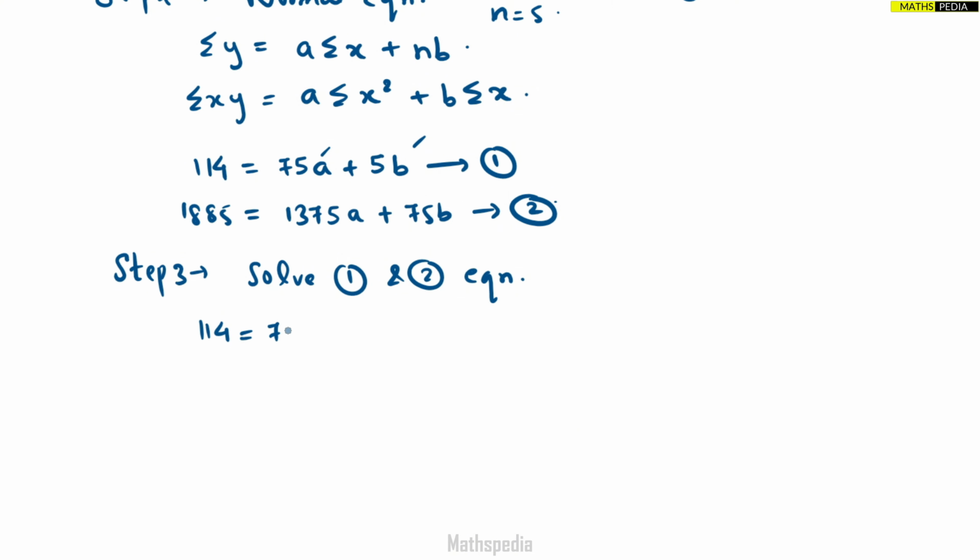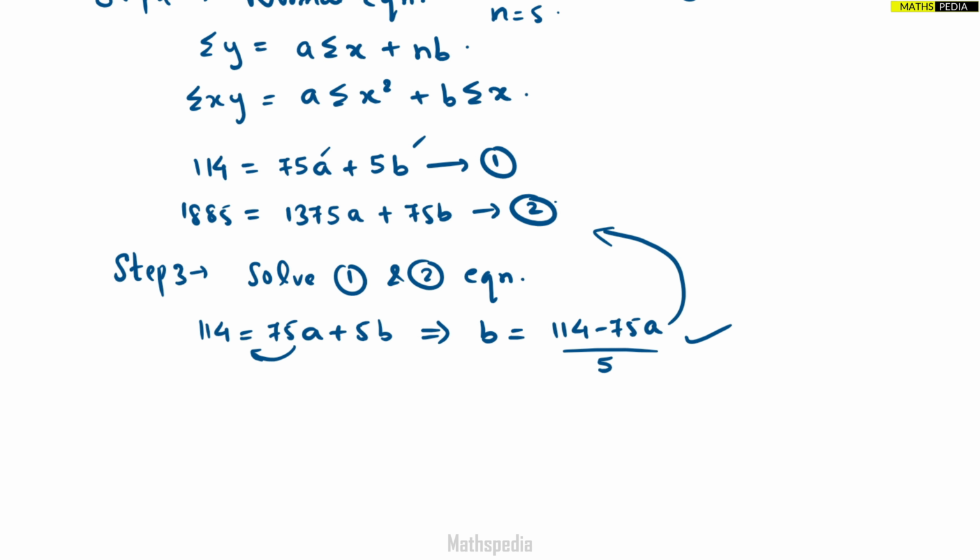114 is equal to 75a plus 5b, where I am going to keep b on one side and the rest of the terms on the other side. So b is equal to 114 minus 75a, divided by 5, since beside b is 5. Now this equation we cannot simplify further, so we are going to substitute b in the second equation. So what happens,